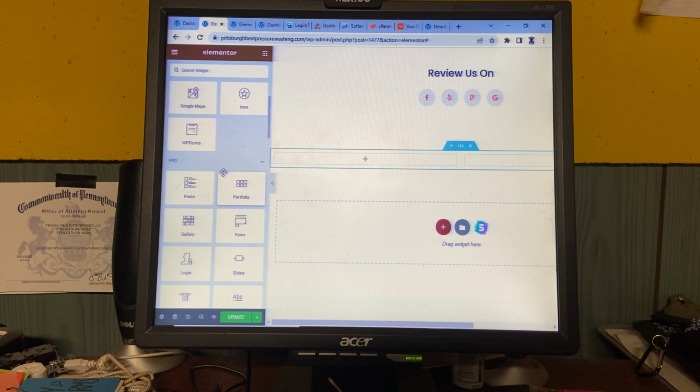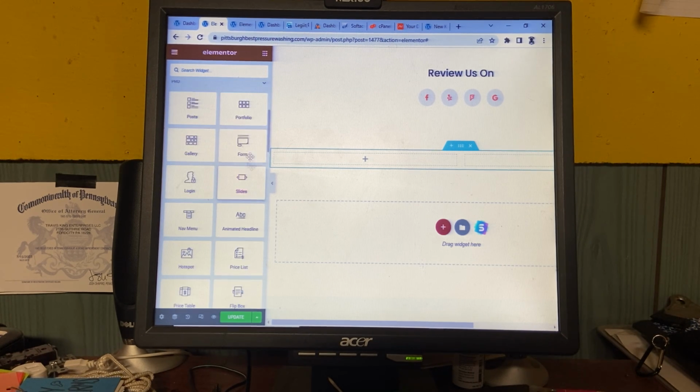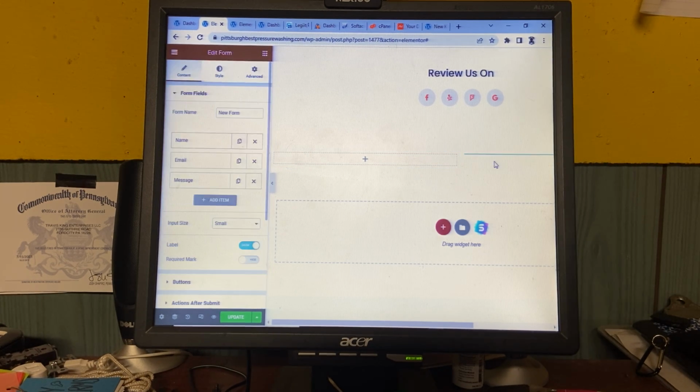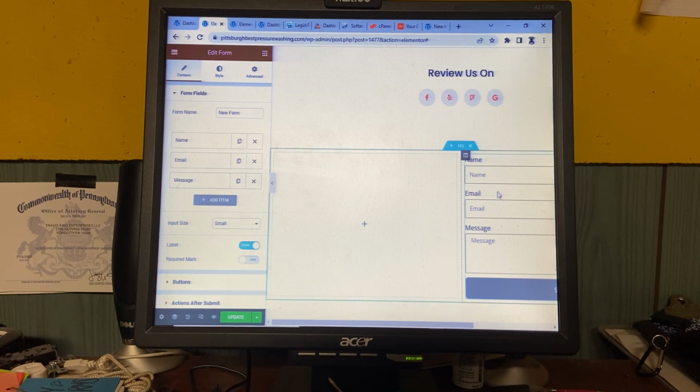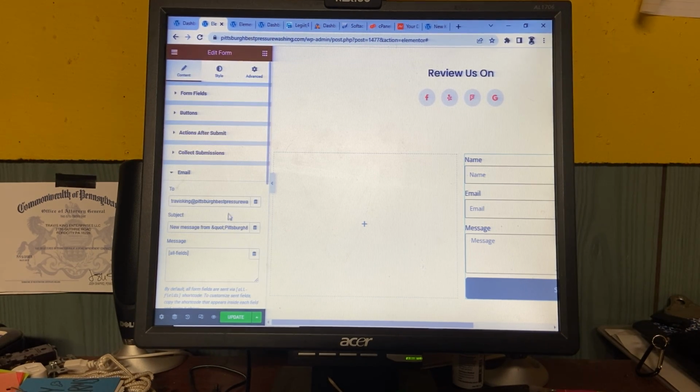But over here on Elementor, you could even do another form. I'm going to do this because I want to show you this too. So over here we'll do form. So I showed you how to make it email you through their template form. But on this one, you have to come to email down here if you want to put more forms.